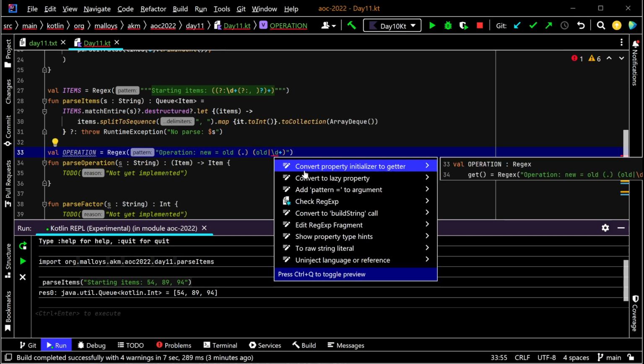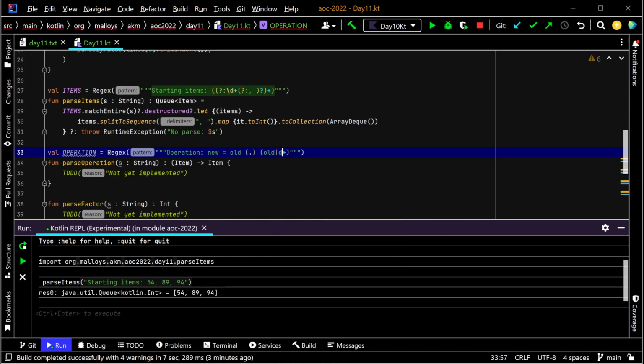Will you say convert? Can you fix the fact that I always forget to write a raw string literal? Okay, thanks. So I think this is right. New equals old something, and either old or else a number. And we can just